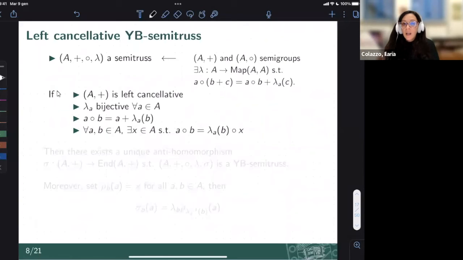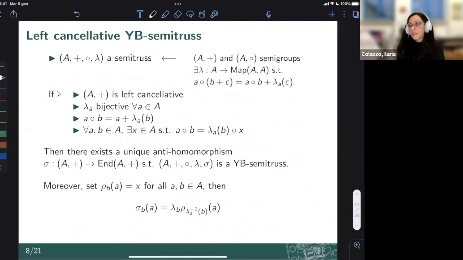In this case, if we have a semitruss, so we have this kind of distributive relation, and all lambda maps are bijective, and there exists an element that allows us to write A circle B as lambda_A of B times something, which is something that we expect because it happens for skew braces, then we can prove that there exists a unique